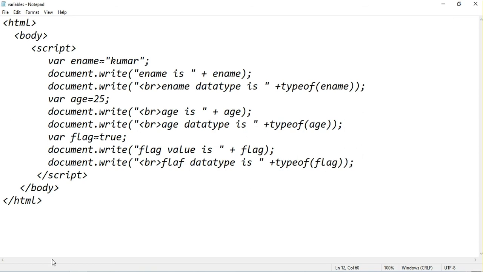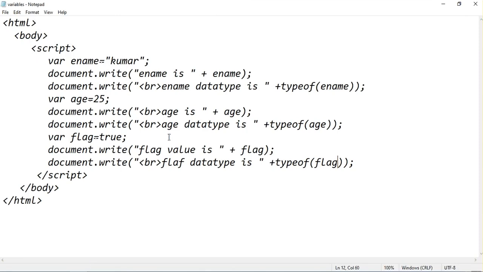Let me execute this code. You see here, flag value is true, so flag data type is boolean. Let me add some break statements.